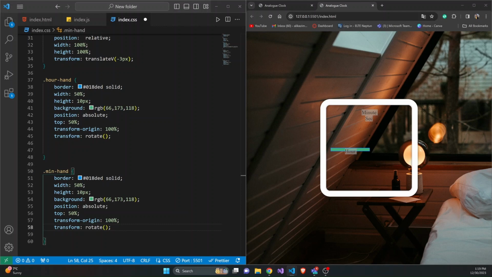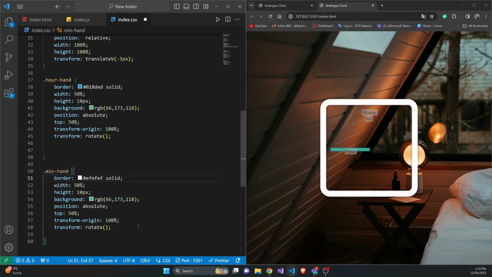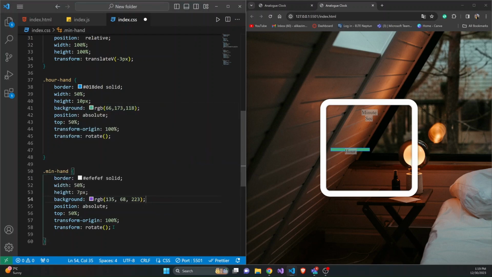So we're gonna change the color so we can differentiate between the hour hand and the second hand, sorry, the minute hand. This will be the new color and width will be the same, 50%, and the height will be 7. The minute hand is a little bit thin, that's why we're gonna use 7 pixels over here. The background color will be changed to this one. The position will be absolute, top will be 50 and the transform will be 100 and everything is the same